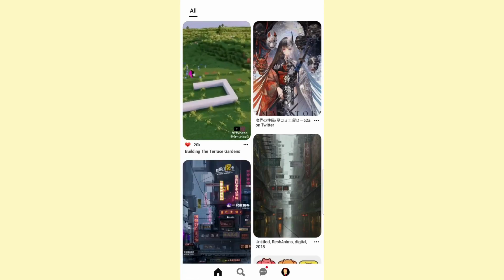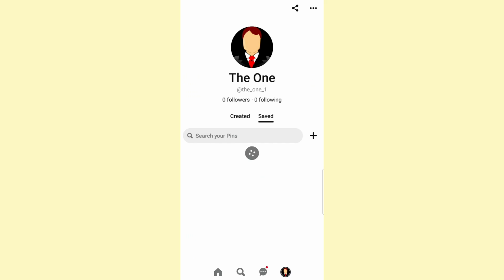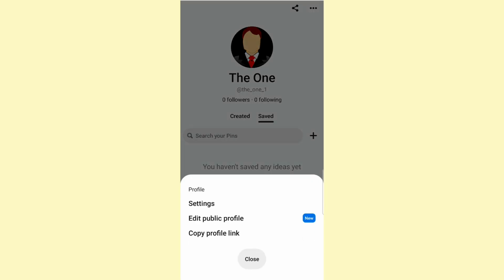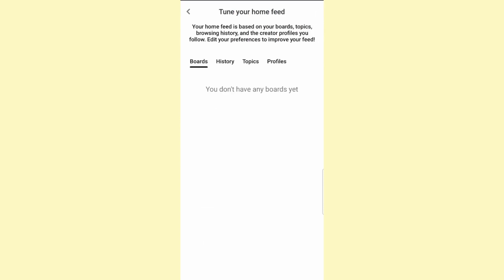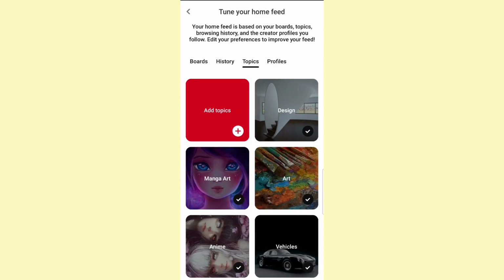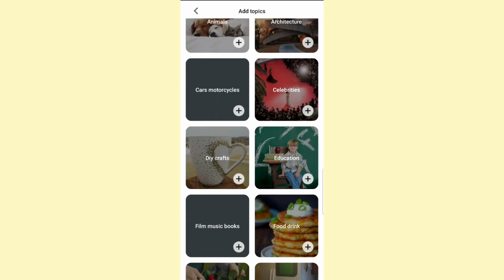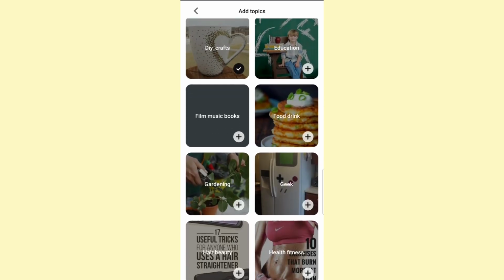So go ahead and open up Pinterest, and once you do that, click on the profile picture at the bottom right, and then click on the three dots at the top right corner of your screen, and from the given list click on settings, then click on home feed tuner from the account information section, and here you want to click on the topics tab. And in order for you to add a topic, all you need to do is click on that red button and then add the topics that you want,